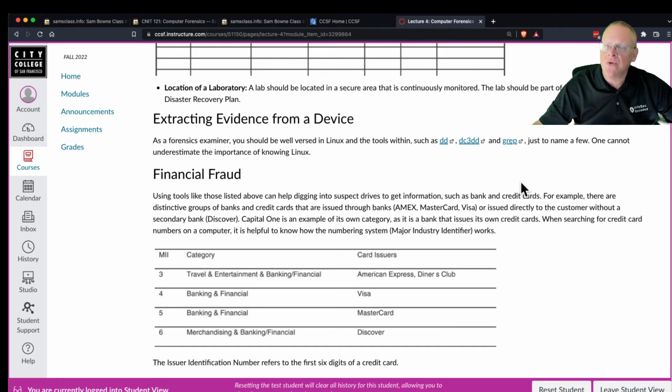And grep is a tool that searches through any file for strings. So you could look for a string to see if it's there. You can even search through a binary file for readable strings. All right. Anyway,